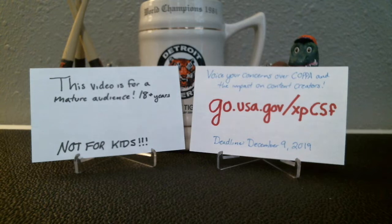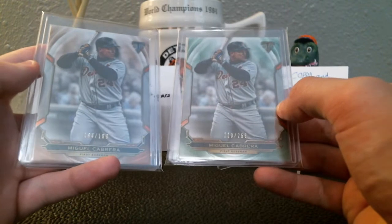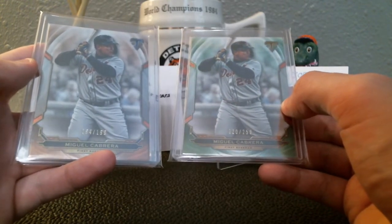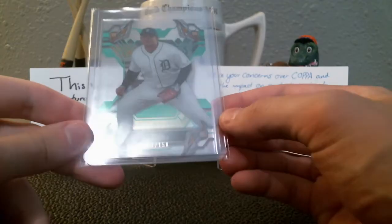Where do I want to start is the question. Let me show you what I picked up for my birthday. It's not going to be too overwhelming here, but these are pretty nice cards. So I went to the card shop on Wednesday, got some stuff for myself, including these two Miggies to add to the collection. It's a little birthday gift for me. I've got some more stuff coming too, but that's for my business,